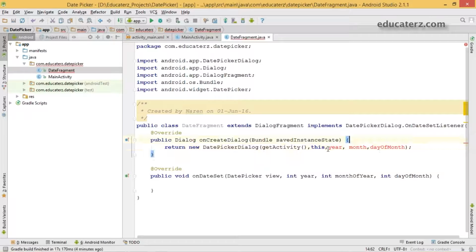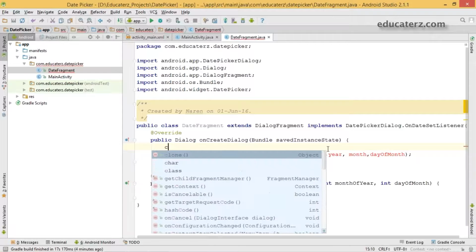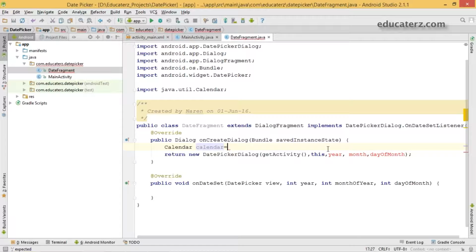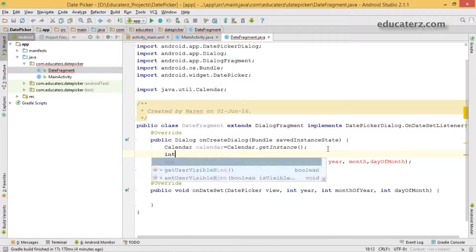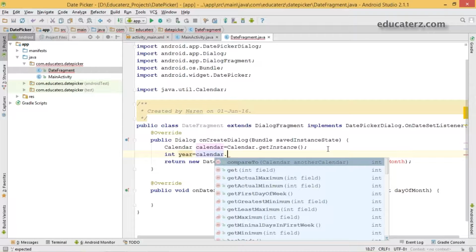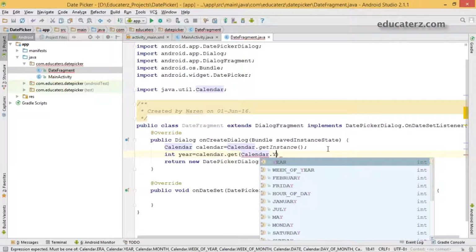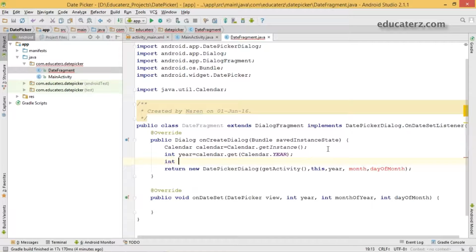Now, I do not have any calendar instance for me. Just get your calendar instance using get instance method on your calendar class. So calendar is equals to calendar dot get instance, which will get the current context of the calendar. Then create all the values whatever you'd like. Year is equals to calendar dot get, the field calendar dot year, with semicolon, and do the same for the remaining as well.